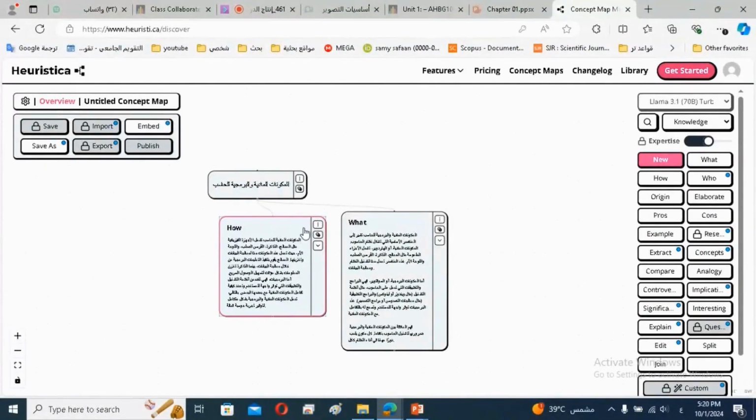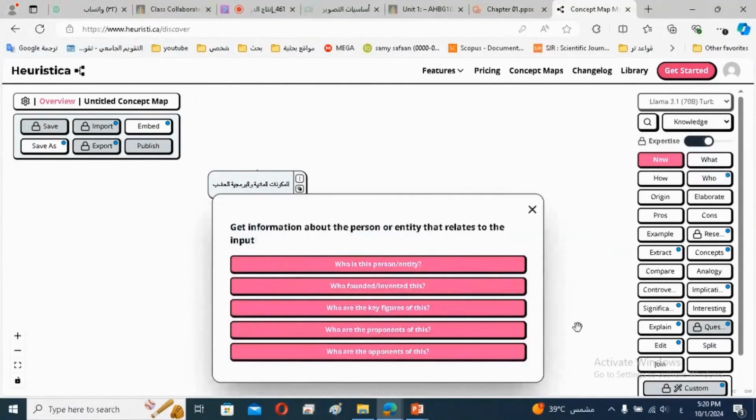Information, okay, if I told him, for example, these are the hardware components, and I want information about the person who created it, or the person who worked on it. Who is he? Here, pay attention. When I asked him, he gave me a set of information, meaning he is telling you what, from whom, the person who, the work and all that he founded, for example, or invented. So who invented it? Pay attention.